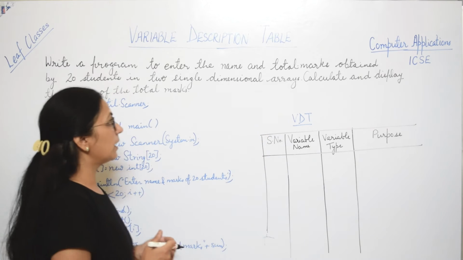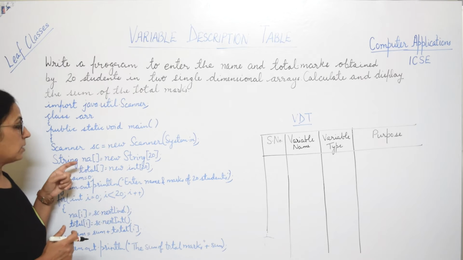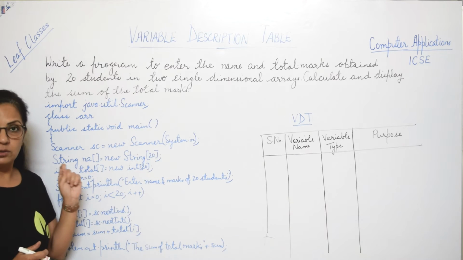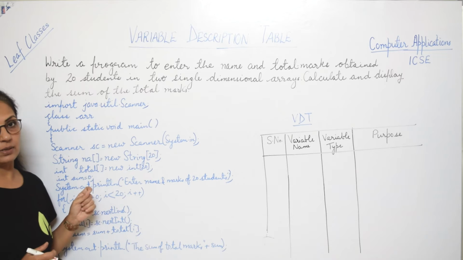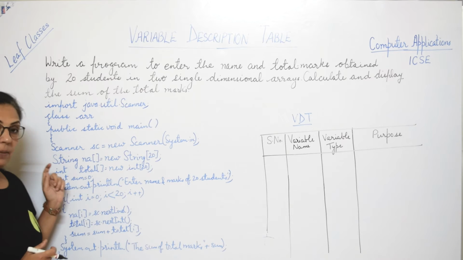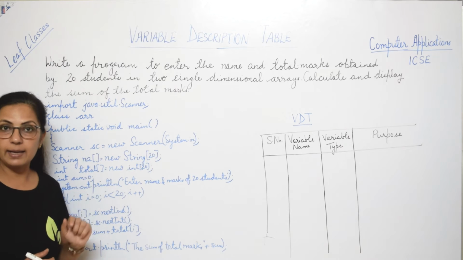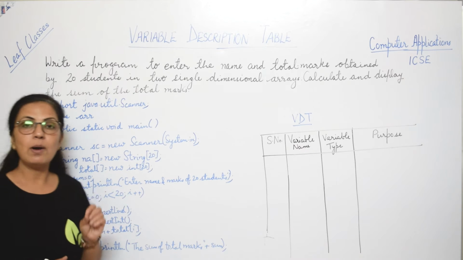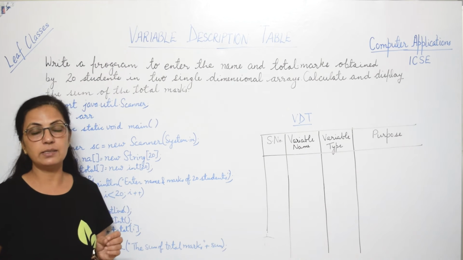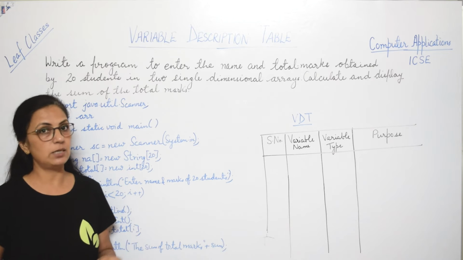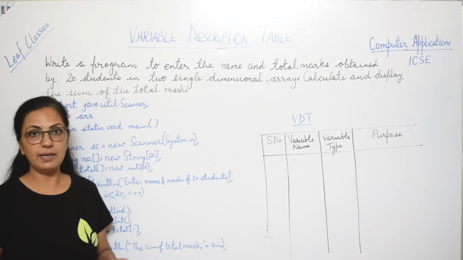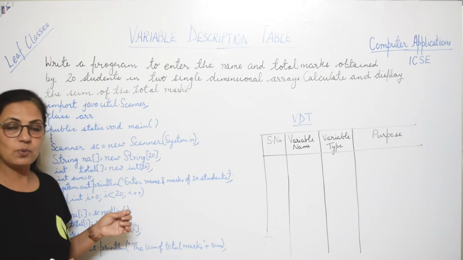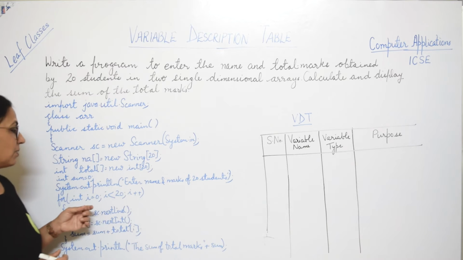So here I have taken two arrays, one of string type and one of int type for storing the names and total marks. Now, I suppose all of you know how to declare the array, how to input the array elements. Children, if you have any doubt related to this, there are 9 videos present on the channel. Please check the playlist of arrays, and I suppose you will find arrays very easy after watching those videos, okay?